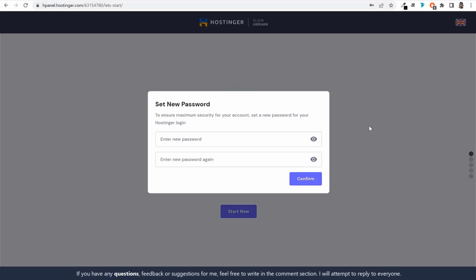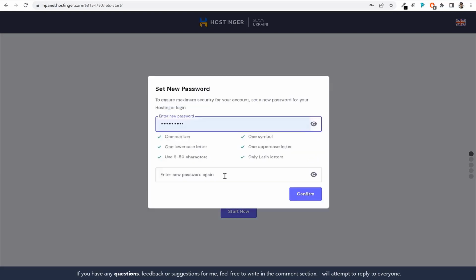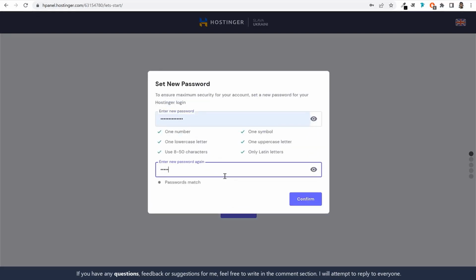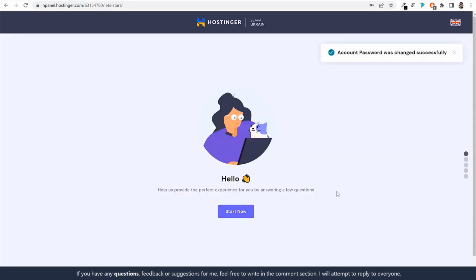So make sure you remember that email and this password, and also make sure to enter a strong password which has some uppercase, lowercase, numbers, special characters, and so on. Now once you select that, enter your password and click on confirm, and now you'll see this page. This is the page that you'll see for the first time, your hello world, just to welcome you. Now you just have to go ahead and click on this start now button, and this will start this